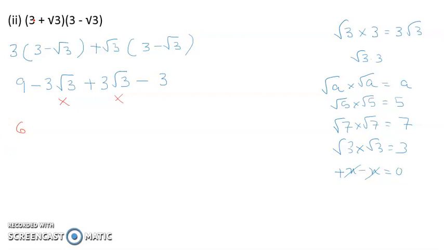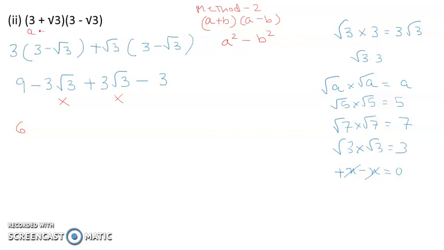Okay. Another method to solve this question is by this. A plus b into a minus b. This is method 2. A plus b into a minus b is a square minus b square. This identity we studied in class 8. So we will apply the same thing here, students.